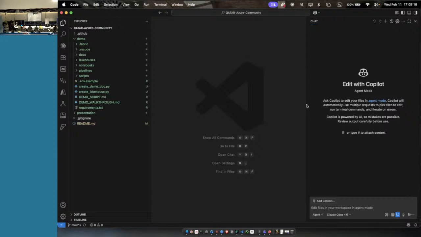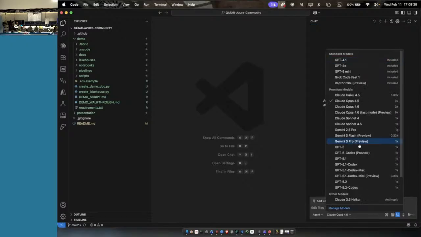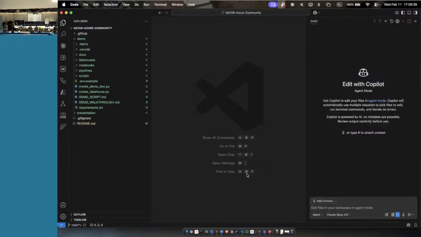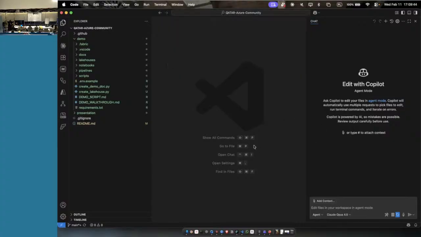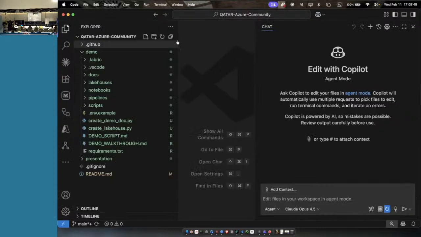VS Code is free to use. GitHub Copilot also has a free tier, and the premium tier, again, I have the highest, is $39 per month. It's a lot, but take a look at how many models I have. I'm going to show you the impact that it's bringing. Plus the MCP servers, which you're going to show us as well. Exactly. So here, zoom in a little bit for the folks at the back. Can everyone see?